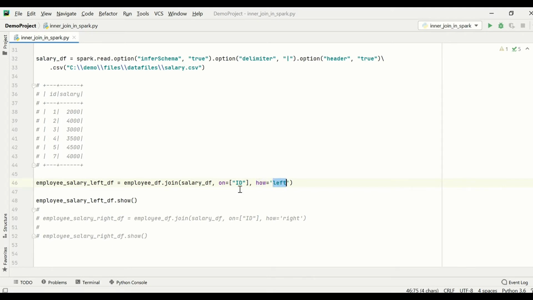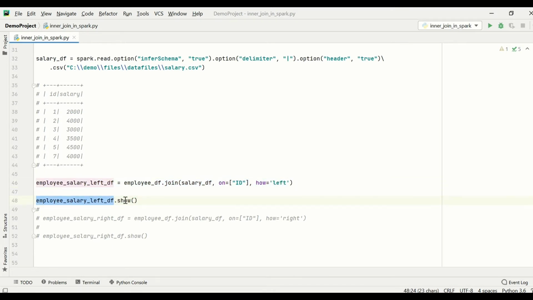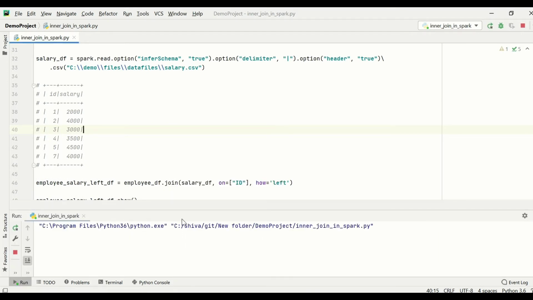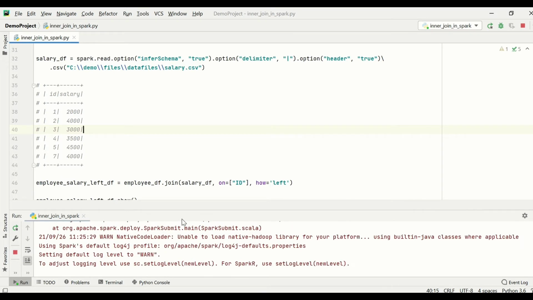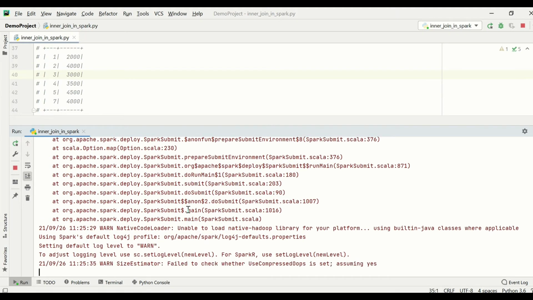So this is going to be a left join, and this statement previews the data using show. Let's run the code and see how the left join looks. It's creating the Spark session, and in 2 seconds we'll get the left join output.